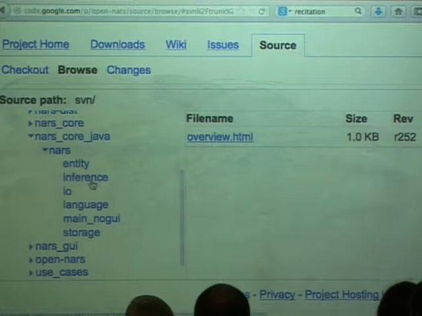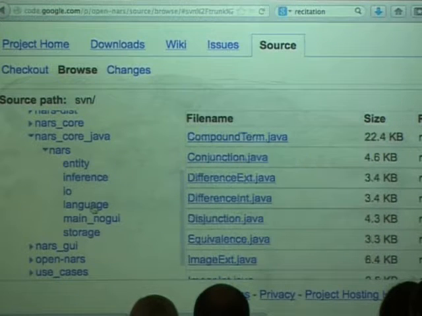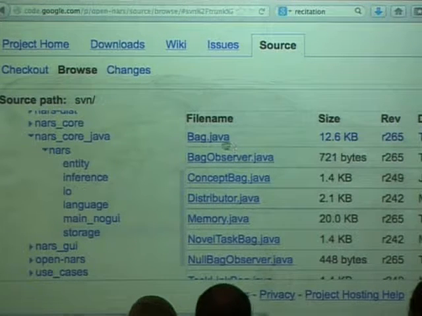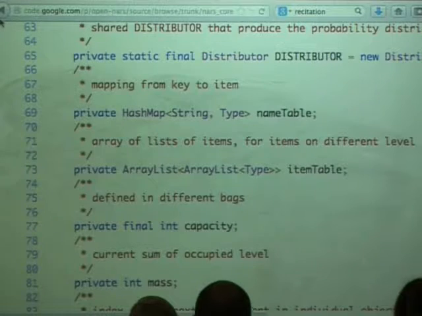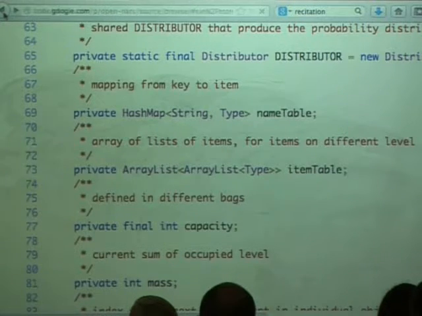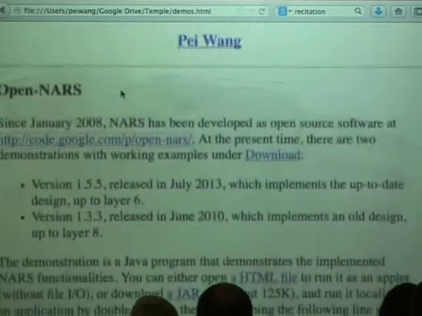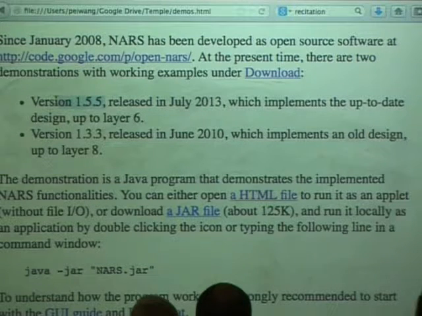For example, all the inference rules are defined in this class, and this is the language specification, and so on. And for example, the bag data structure is coded here. Just to show you I really have the code, not pretend. So what you really want to know is that the current version, which just got uploaded this morning,